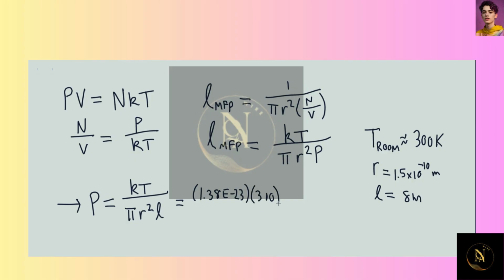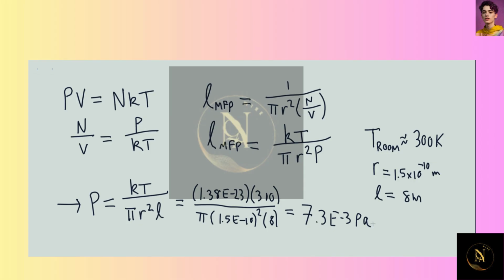Times 300 Kelvin, over pi, the radius, 1.5 times 10 to the negative 10 meters squared, the mean free path needs to be 8 meters. When we do the number crunch, we end up with a pressure of 7.3 times 10 to the negative 3 Pascal,